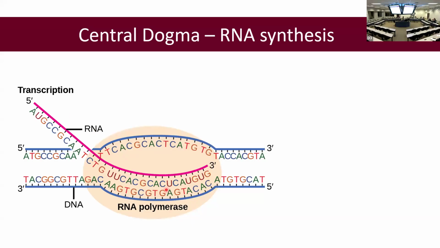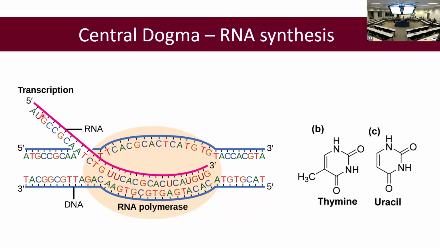From this, we have RNA polymerase, a protein that comes into the nucleus and unwinds the double helix of the DNA, and starts reading specific sections of the DNA that will later be translated into proteins. One specific change from DNA to RNA is that our nucleotide thymine is changed to uracil. As you can see here in this example,